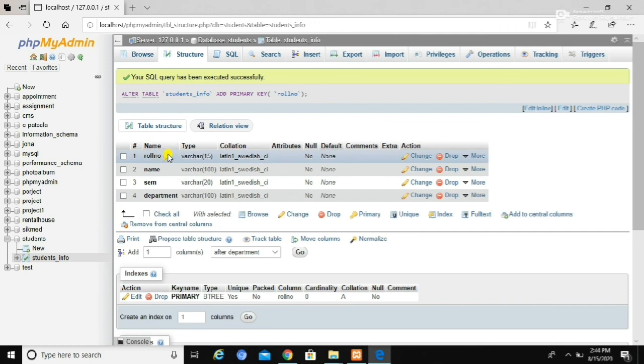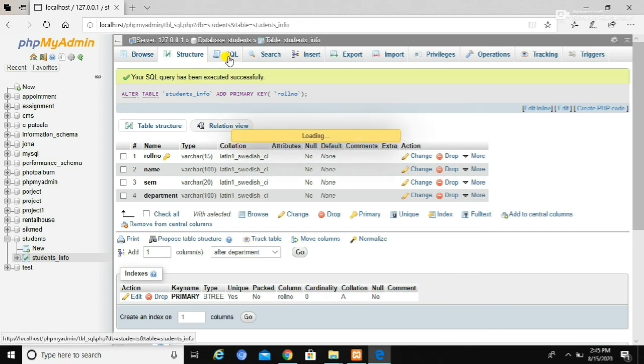Here I'm going to select the roll number as the primary key because the primary key needs to be unique, and it is a key which is capable of identifying each tuple or row uniquely. So while creating the primary key, we need to keep in mind that the column's attribute needs to be unique.